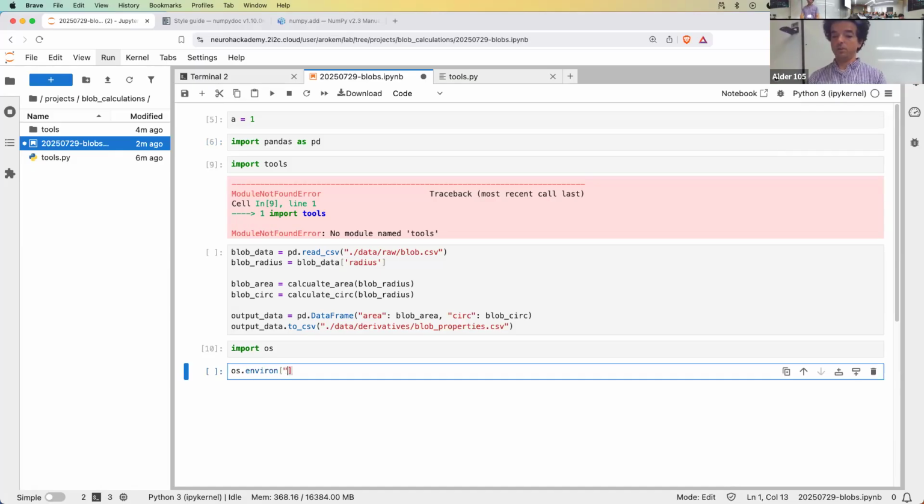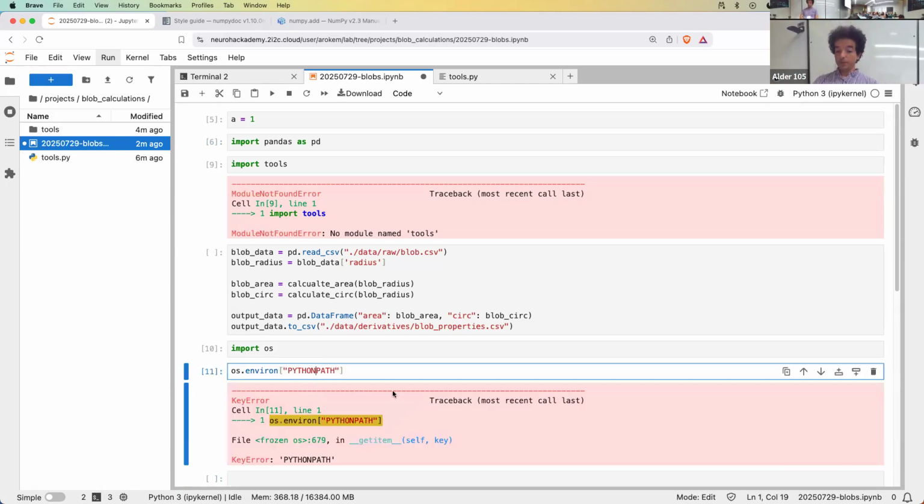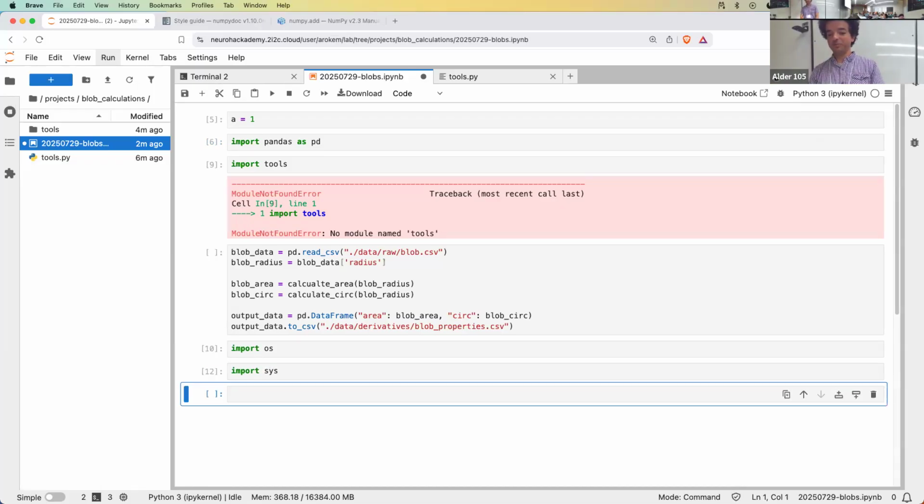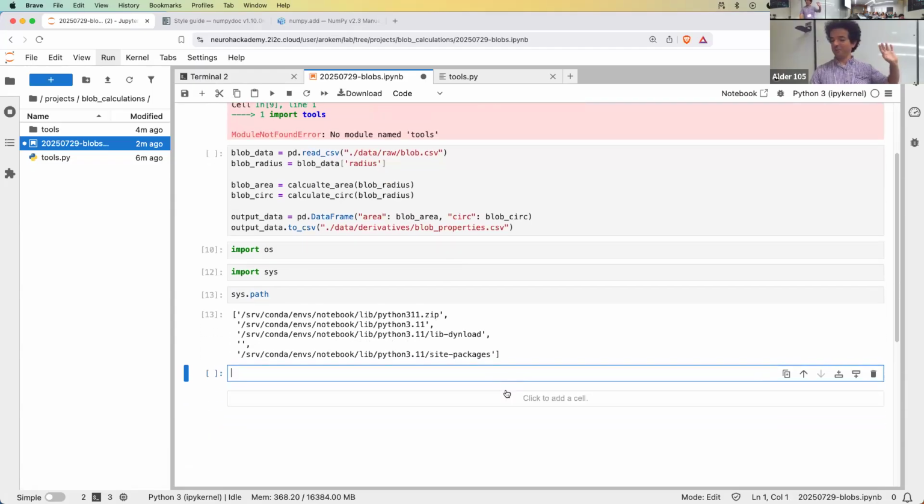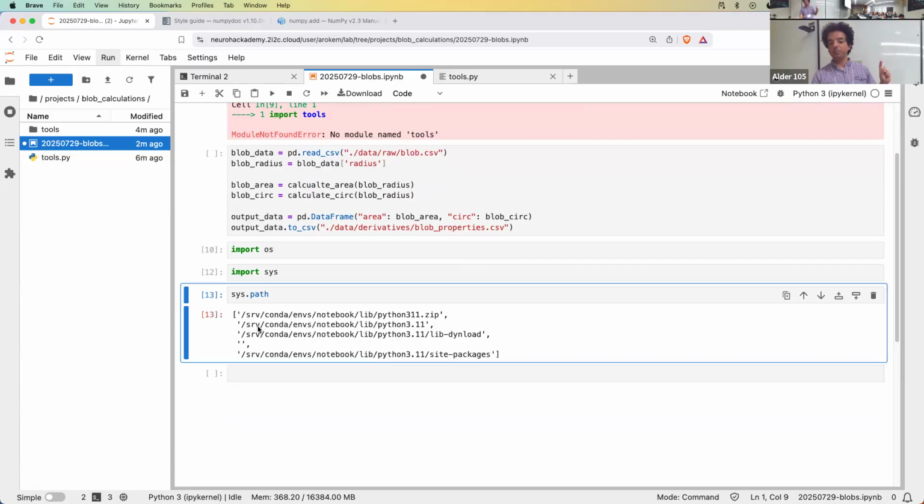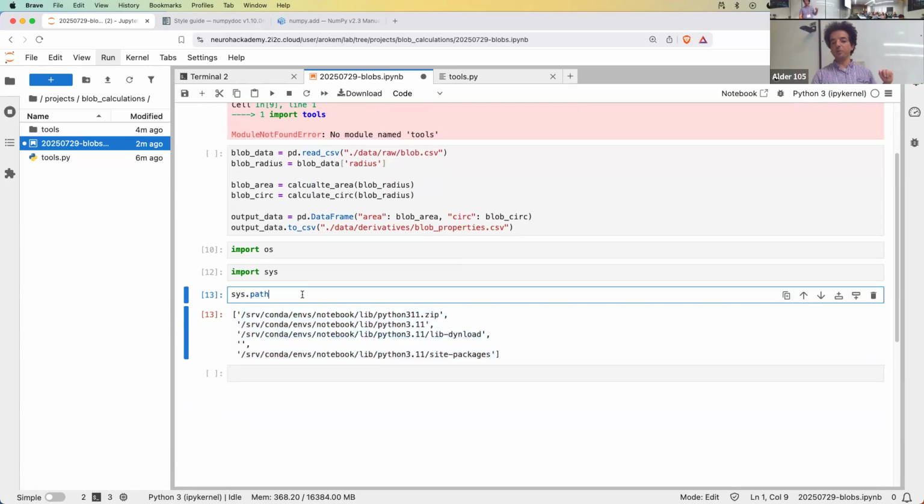os.environ, Python path. Did I misspell it? I think this is also a place to find it. There it is. Okay. So there are various ways to find this. For some reason, it's not defined as capital Python path in my environment, but there is an environment variable that should correspond to this. And here there is a bunch of different places where this particular environment